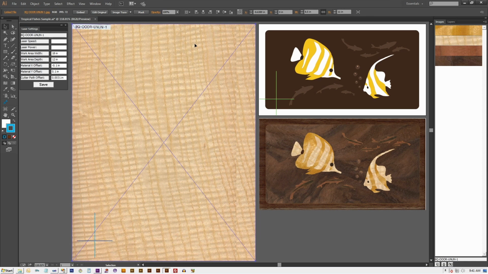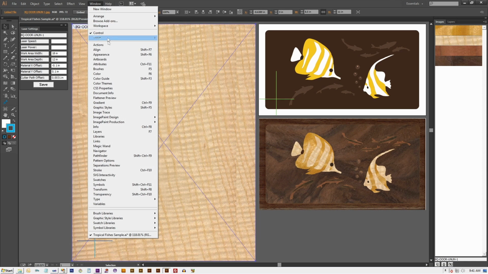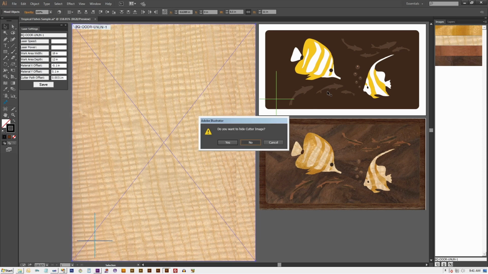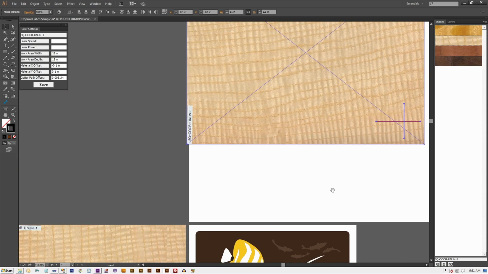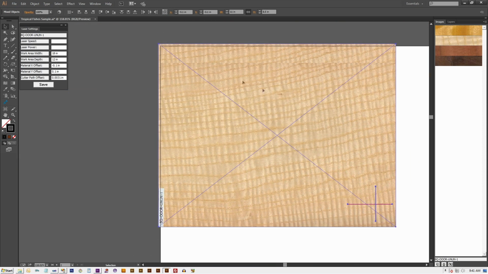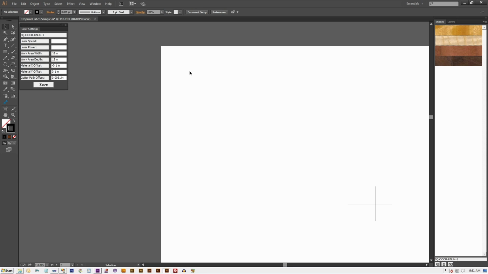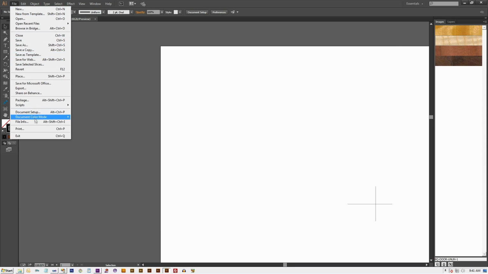Select the Clipper image. Select the menu item Windows, ImagePaint, Production Print Setup, to have ImagePaint create a new artboard equal to the laser working area we have specified in the laser setting palette. On this artboard, ImagePaint just placed the same image at the X and Y offsets we have specified earlier in the laser setting panel. This image is called the cutter image. Select and hide it before sending the tool paths, in this case our cross shape, to the laser.